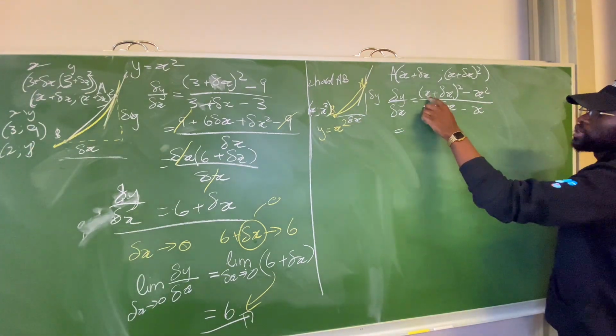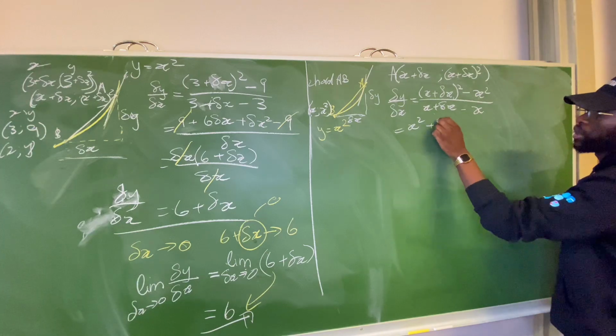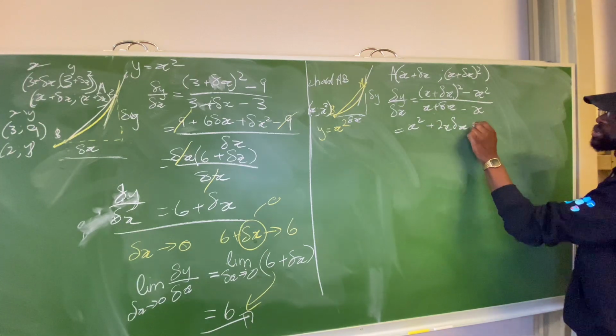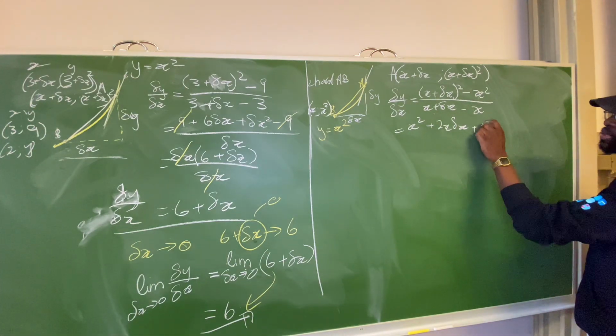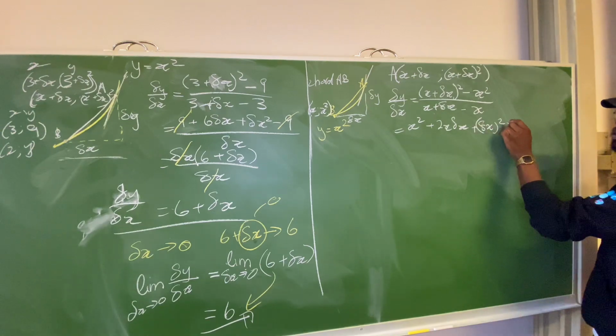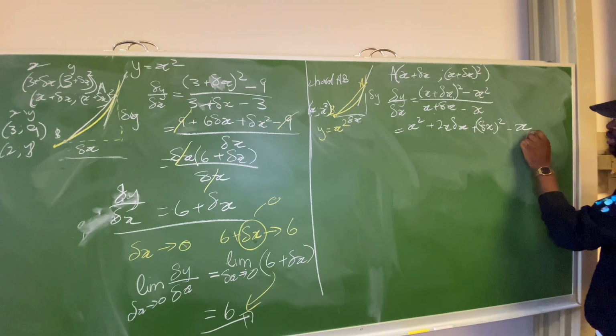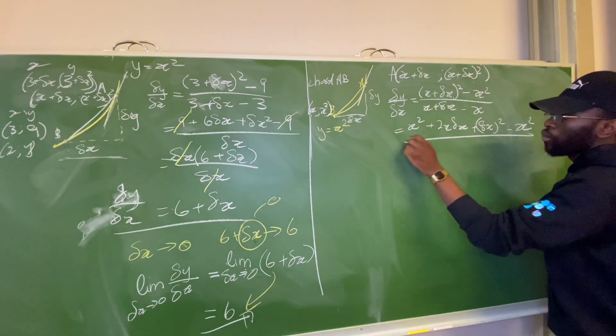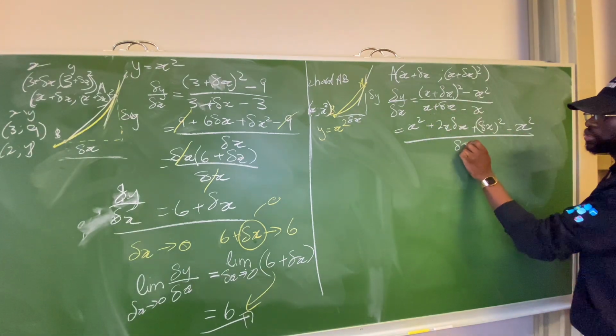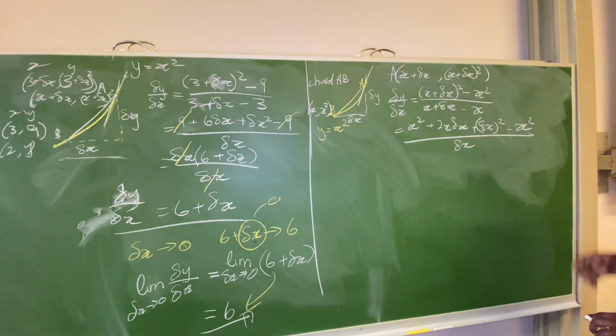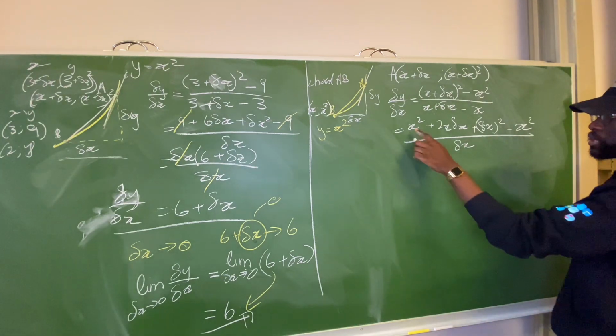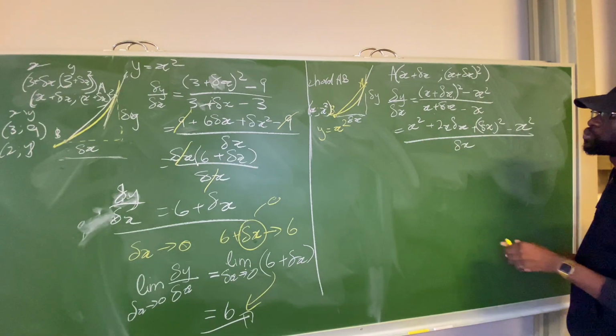We simplify, we have x squared plus 2x delta x plus delta x squared minus x squared over x minus x, which leaves delta x. Now x squared minus x squared, we will lose those